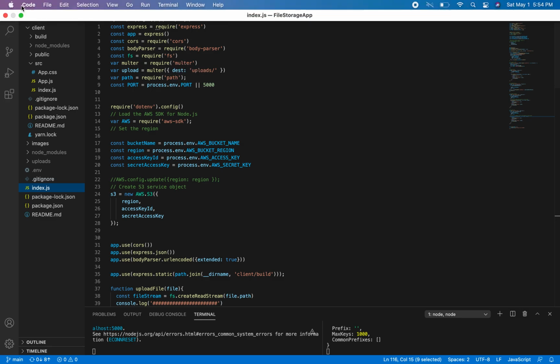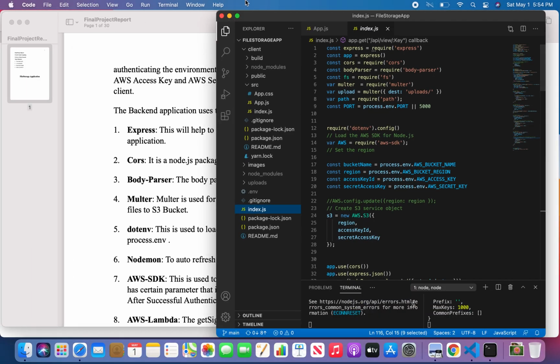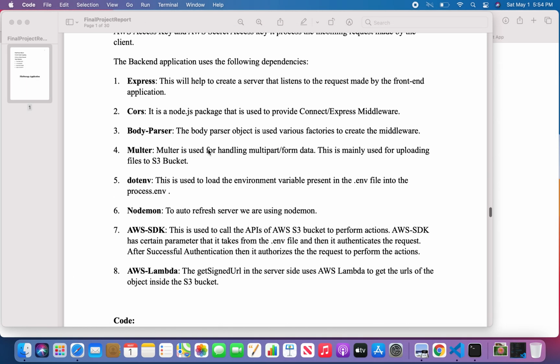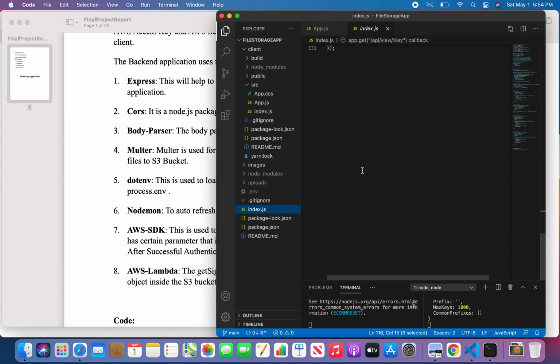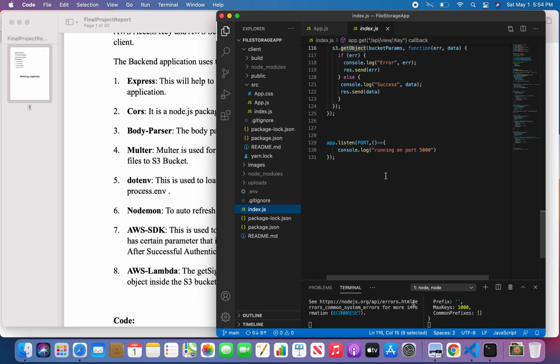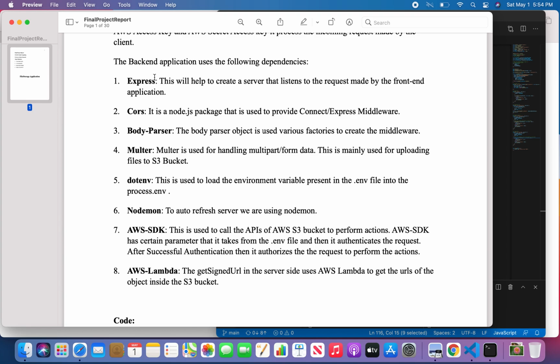I will explain why I'm using these things in my server itself. Express helps to create a server that listens to the requests made by the front end. Since my application is running on port 5000, it will listen to the requests from the client side. So that is the use of express.